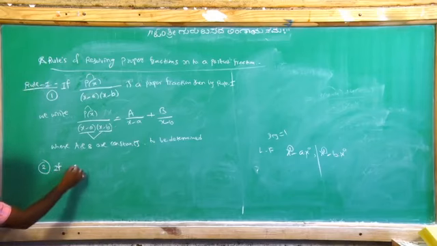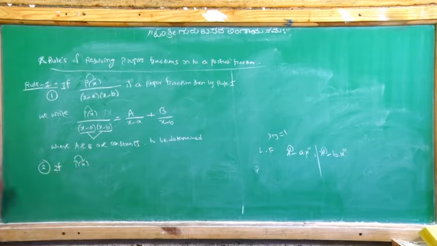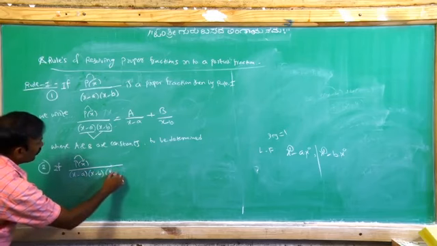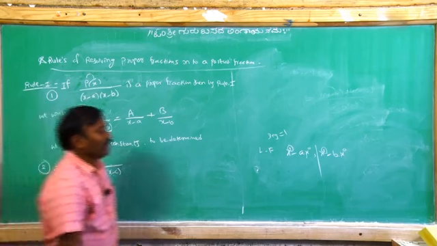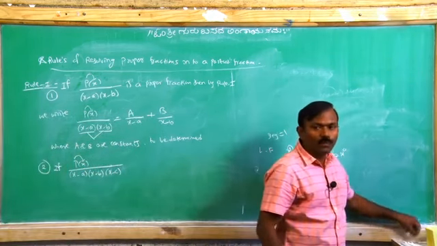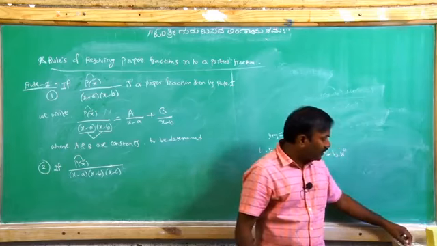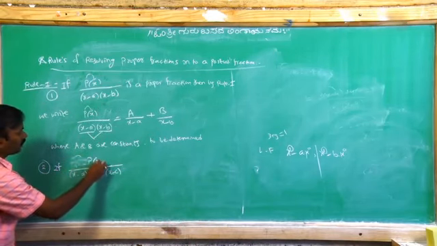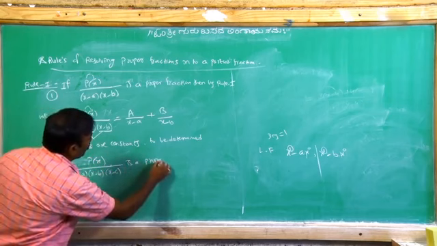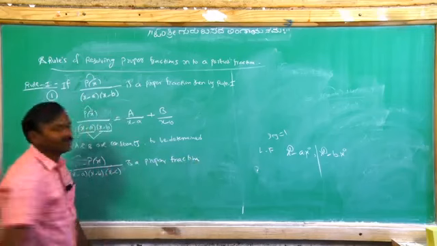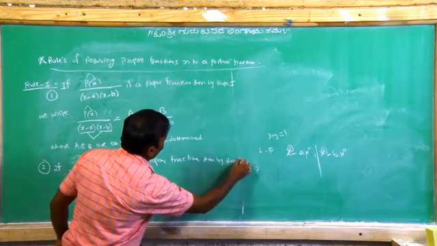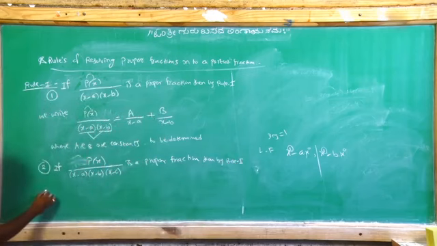If p of x, a polynomial in x, is divided by x minus a, a linear factor, x minus b, a linear factor, and x minus c also a linear factor, that is, any polynomial in x by three different linear factors, and this fraction is a proper fraction, then by rule 1 we write